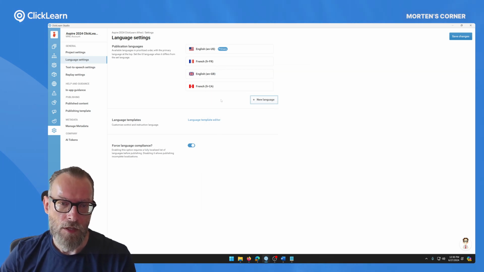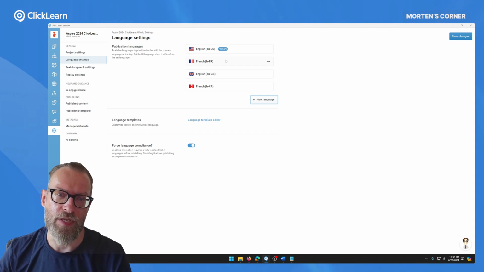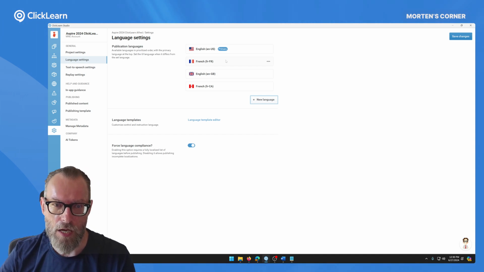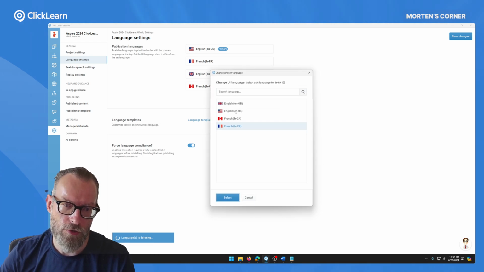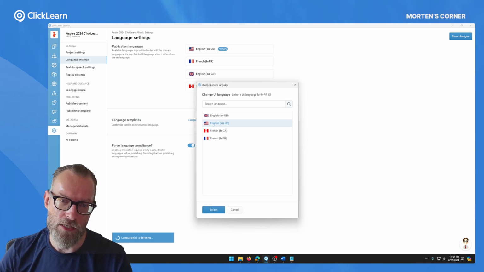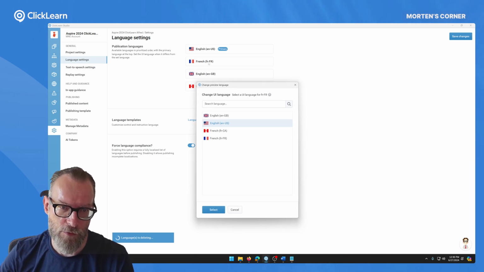So, for the example of French being French explanations, and then on the English UI, let me just show you what that means. So when I come on here on French, click on the three dots, and then click on the globe, it says Set UI Language. Here I can then choose to have the English screenshots. It will then show me the English screenshots for the French explanations,